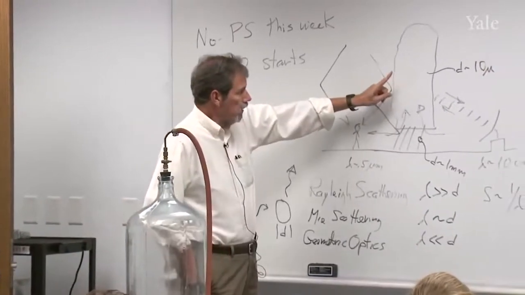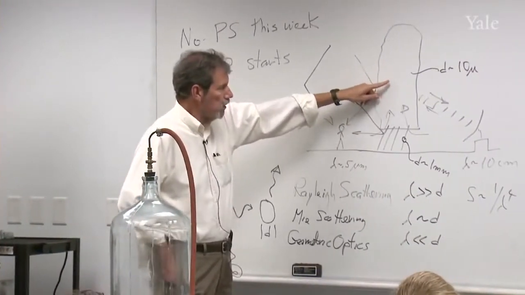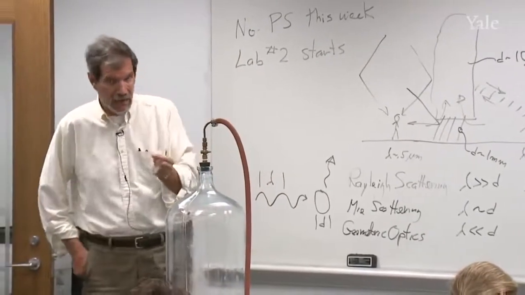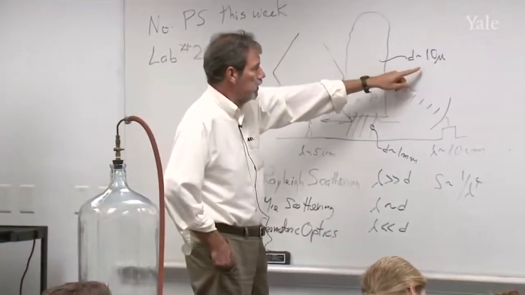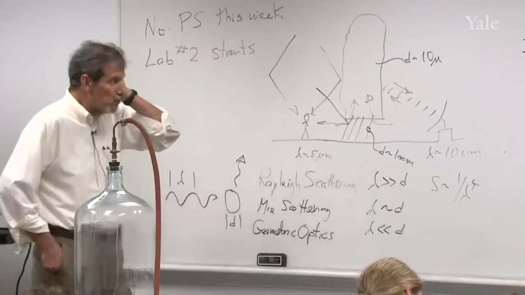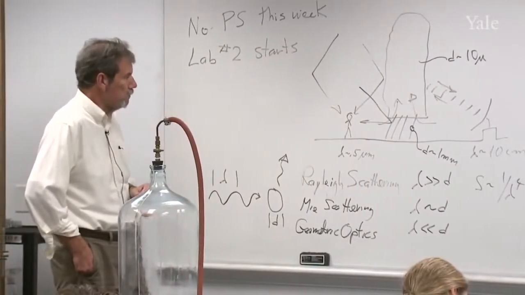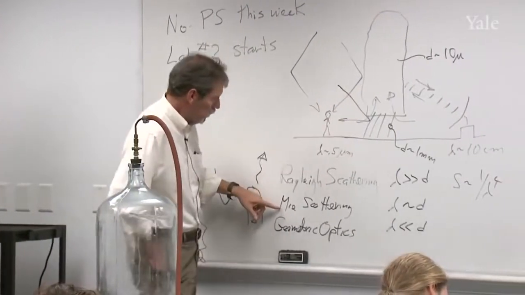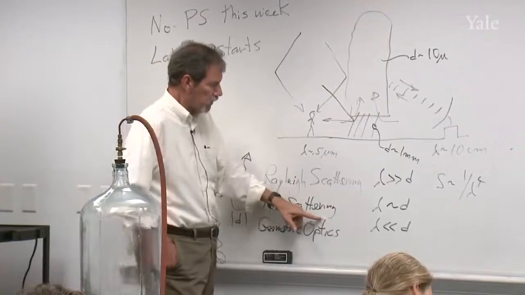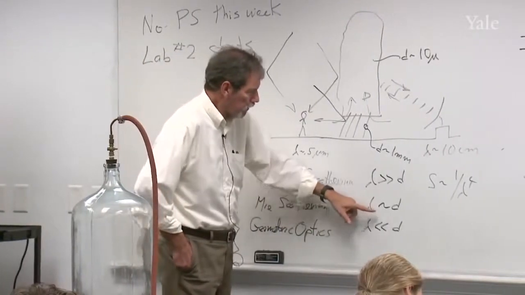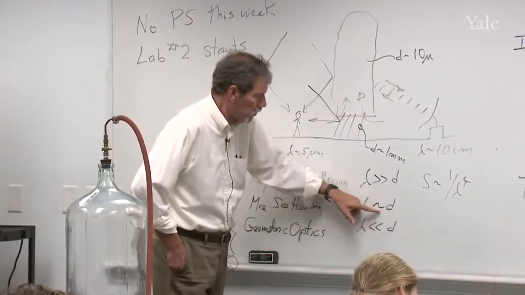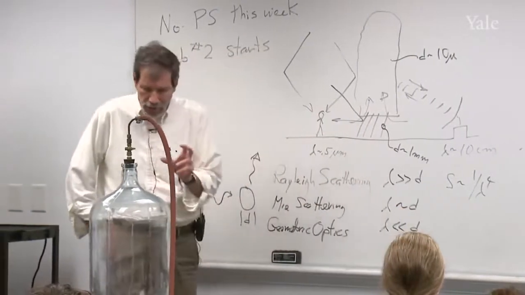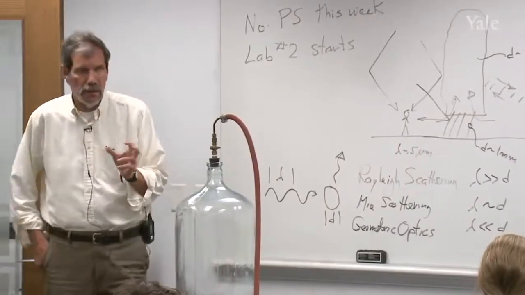Now, the cloud particles in the cloud are much larger than molecules. They are typically 10 microns in size, which is of such a wavelength that it puts you into the so-called Mie scattering regime, where wavelength is within 1 or 2 orders of magnitude of the diameter. It doesn't have to be close to the same as the diameter, but within a factor of 10 or 100 of the